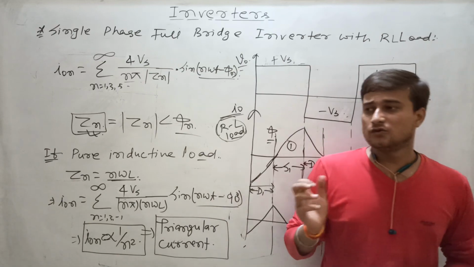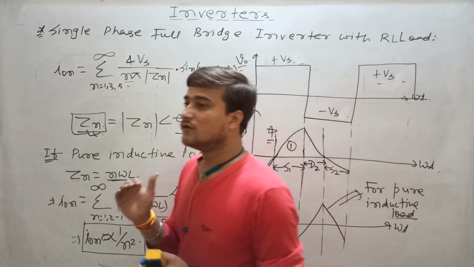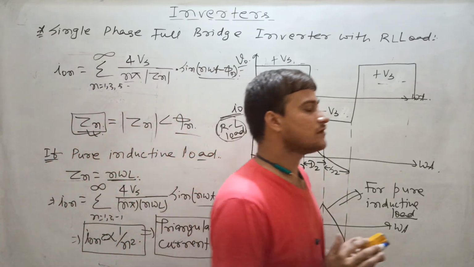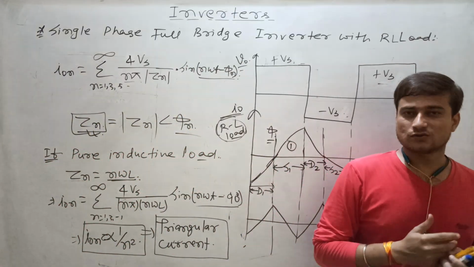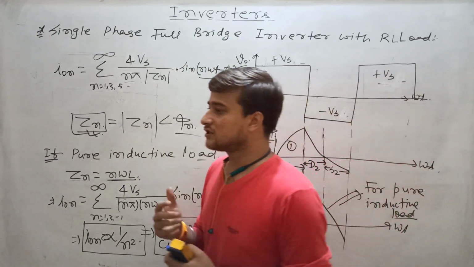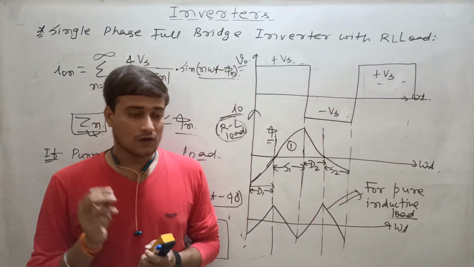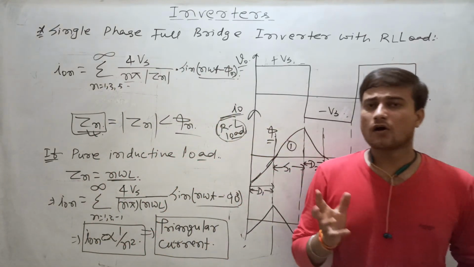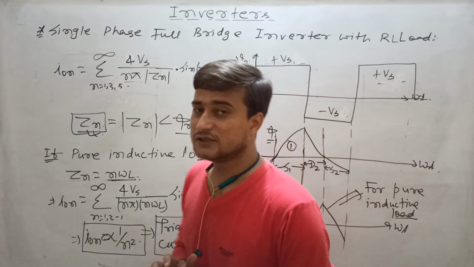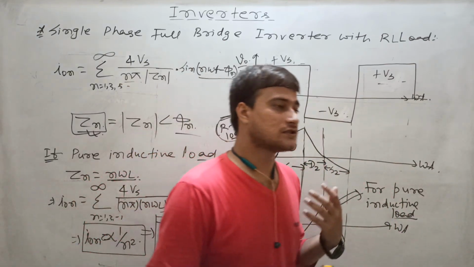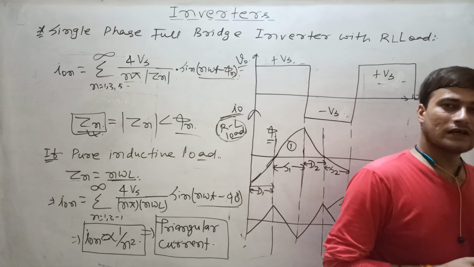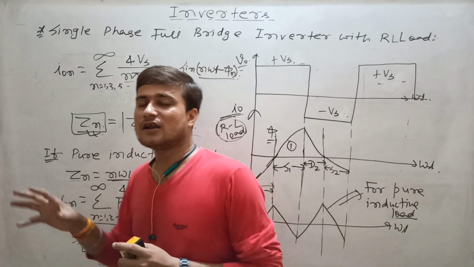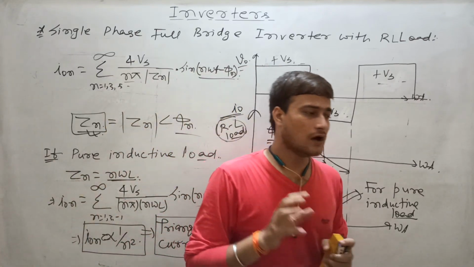First you saw that you are having two types of inverter, voltage source inverter and current source inverter. You will design a voltage source inverter by putting a very small or negligible impedance at the DC source, so that it will provide constant voltage. So in a voltage source inverter, you get a fixed voltage waveform irrespective of any kind of load you apply.